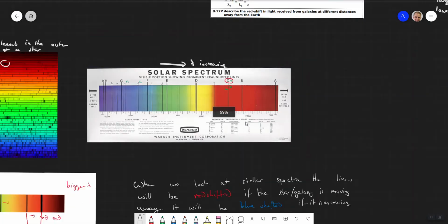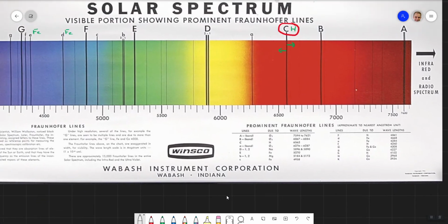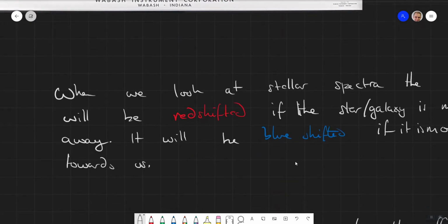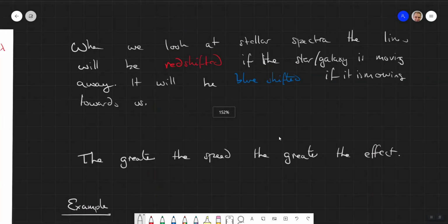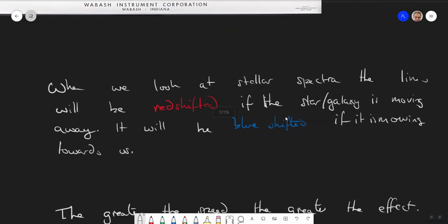So let's pick another line from this. What's one of the hydrogen lines? We've got 486.1, which is line capital F. Okay, this one here, 486.1. Let's use another hydrogen line. And let's say we're going to shift it, with something moving away from us at, let's say, 90 kilometers per second. What did I say it was? 486.1. Okay, cool.